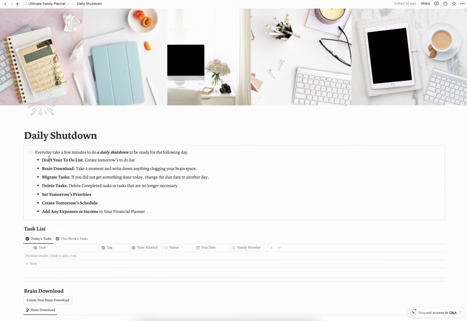The other thing I added was this, which is a daily shutdown. Every day, take a few minutes to just get ready for the following day. This can really change your whole life for the next day. And I have just some notes here of things to do: draft your to-do list, do a brain download,